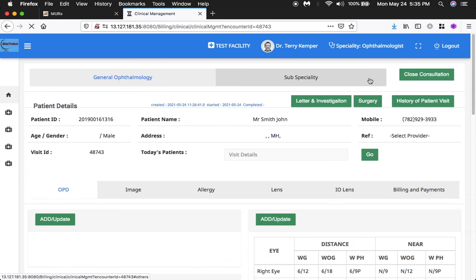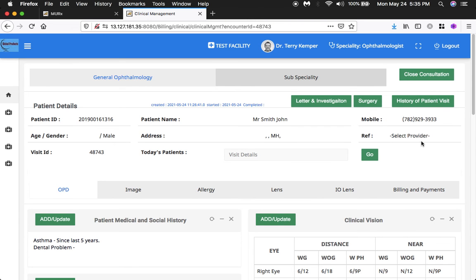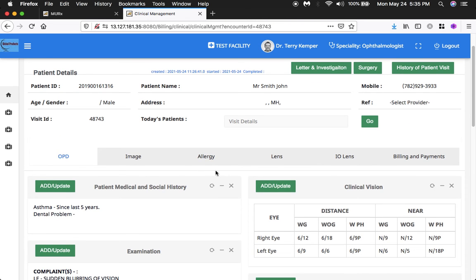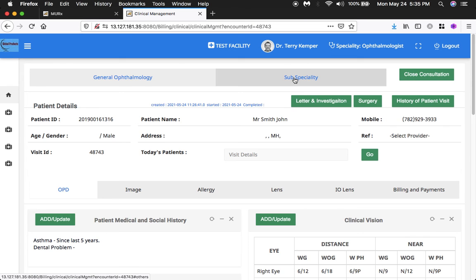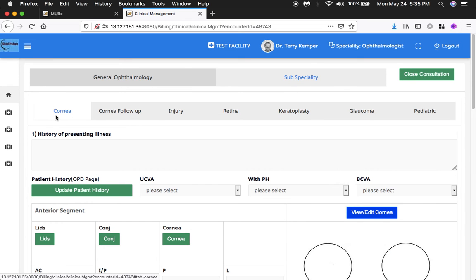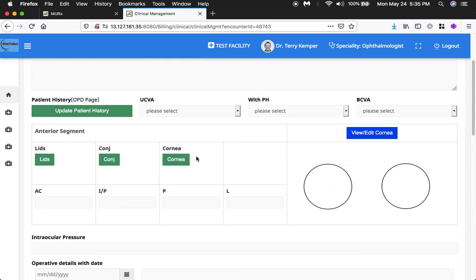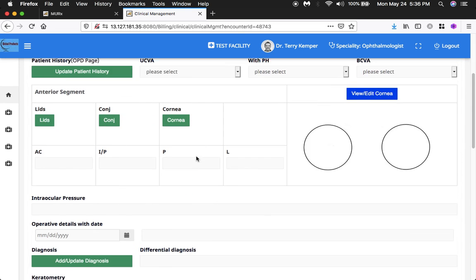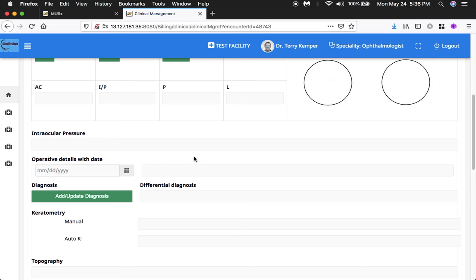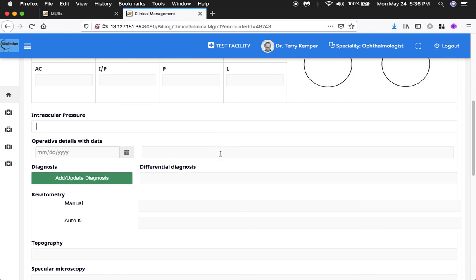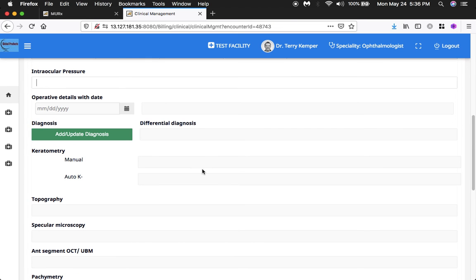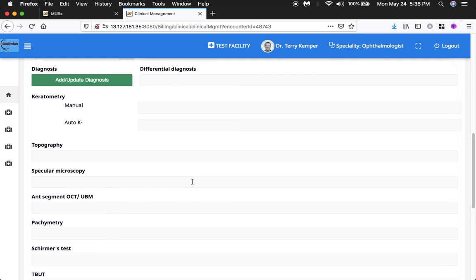Coming back to the clinical module, this was the OPD part. Next are the subspecialties in MURX such as cornea, cornea follow-up, injury, retina, keratoplasty, glaucoma, and pediatric. The clinical information for cornea subspecialty can be recorded in this cornea page. Information such as intraocular pressure, operative details, differential diagnosis, keratometry details, manual and auto K, topography,